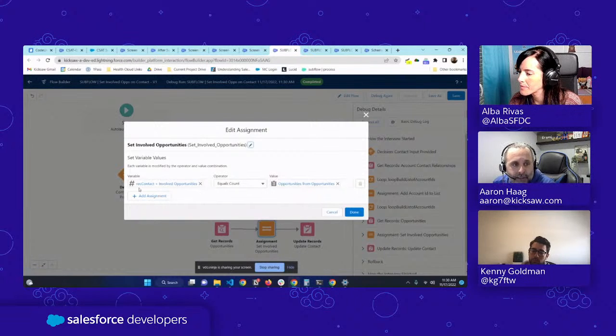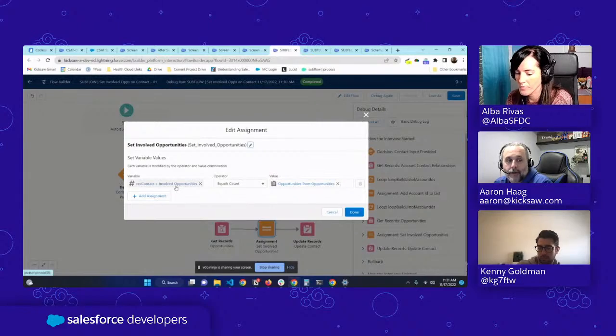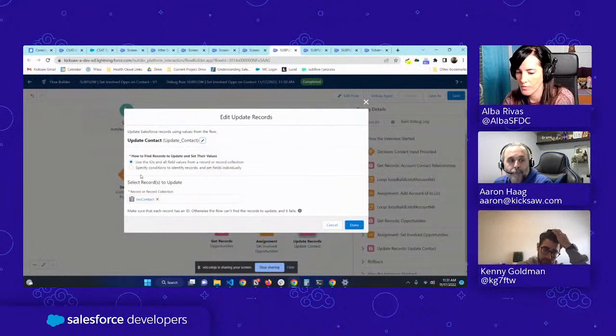I want to point out that a lot of new Flow writers, or even developers who aren't familiar with Flow, will overuse variables that aren't record variables. I think the right data type is very important. For me, if there is a piece of data that corresponds to a field on an object in Salesforce, almost without exception, the correct data type is a record variable of that object. So here, I'm not setting an opportunity count and then later adding that to the contact. I'm setting the record contact's involved opportunities to the count from opportunities, and then when I go to the update records,